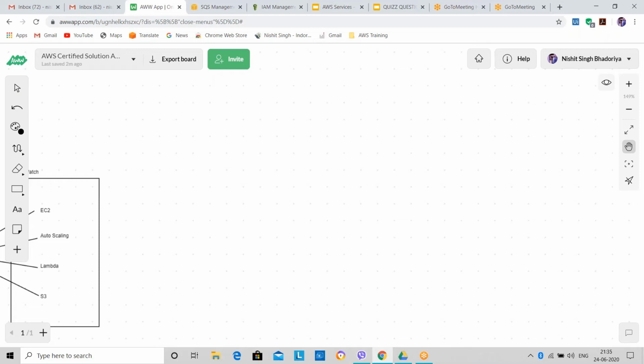A queue does not go down automatically. Either you can delete it or you can purge it. Purge means the queue is not useful for you, so you are disabling it. So your queue will not go down automatically. If you delete or purge it, you have to create another queue and configure that queue with the Lambda function.